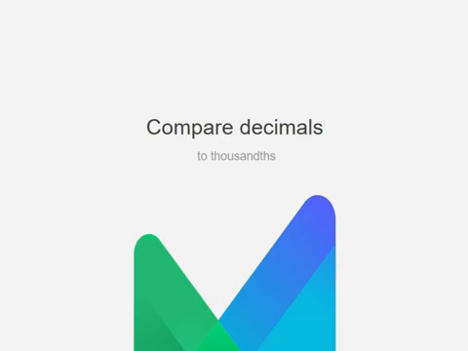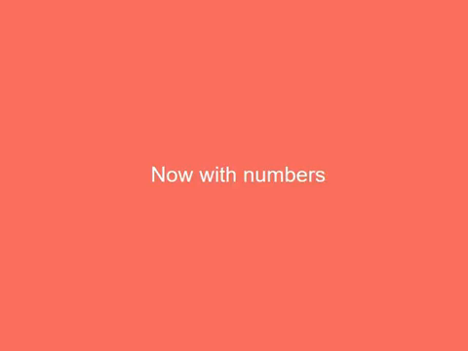This time we don't have any pictures or graphs to help us, so we're only looking at numbers. In this case, we've got 356 thousandths, and we're comparing it to 536 thousandths. Well, 536 is bigger, so 536 thousandths is bigger than 356 thousandths. So to write a statement that's true, we could write 0.356 is less than